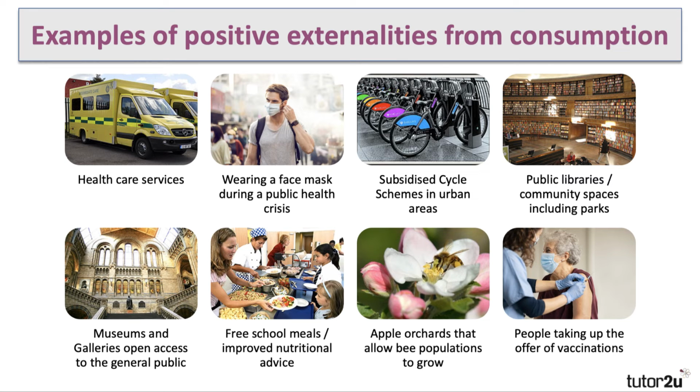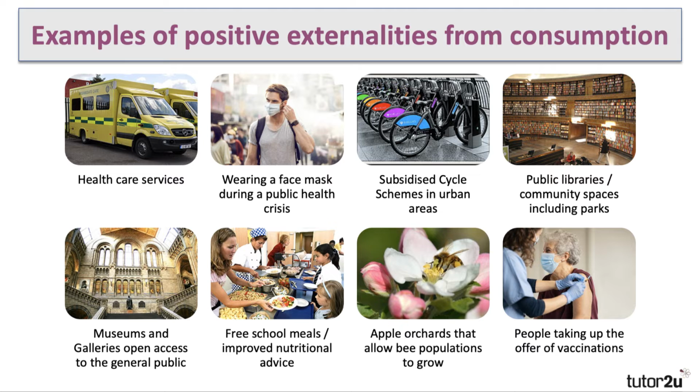Well, there are loads of examples we can choose of acts of production or consumption which generate positive externalities. We're going to focus here on positive consumption externalities. So the consumption of healthcare, for example, gives you a private benefit, but has a wider benefit to your family and to the broader community and societies in which you live. You can make a very strong case for saying that masking up during a public health crisis such as a pandemic, there's a private cost and a private benefit to you, but there must also be an external benefit of doing that.